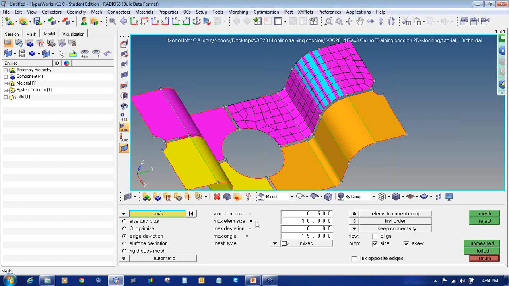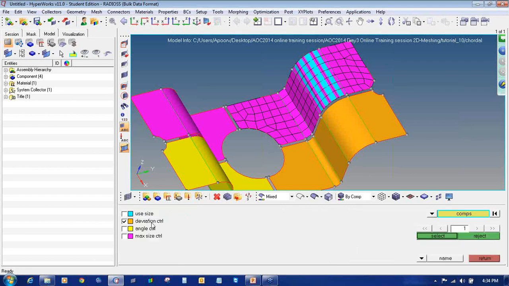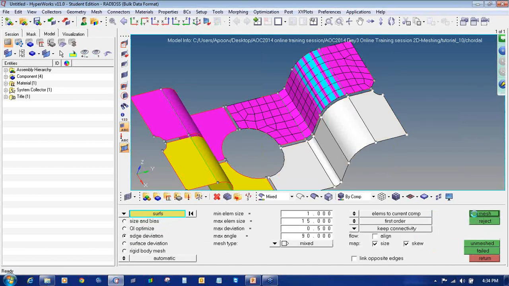Select the minimum element size to 1, maximum element size to 15, maximum deviation to 0.5 between the two elements, and the maximum angle to be 90 degrees, that is the angle between the normals of the two elements. Then click on the surfaces, by collector, select the second one, deviation control, and click on mesh.